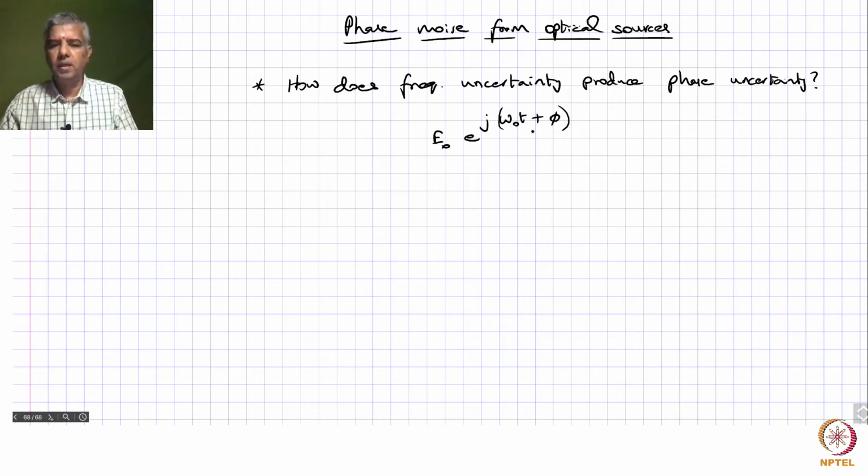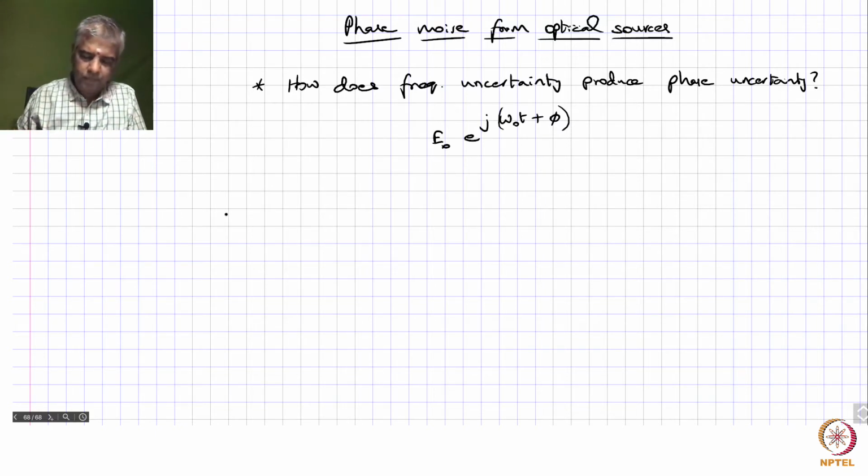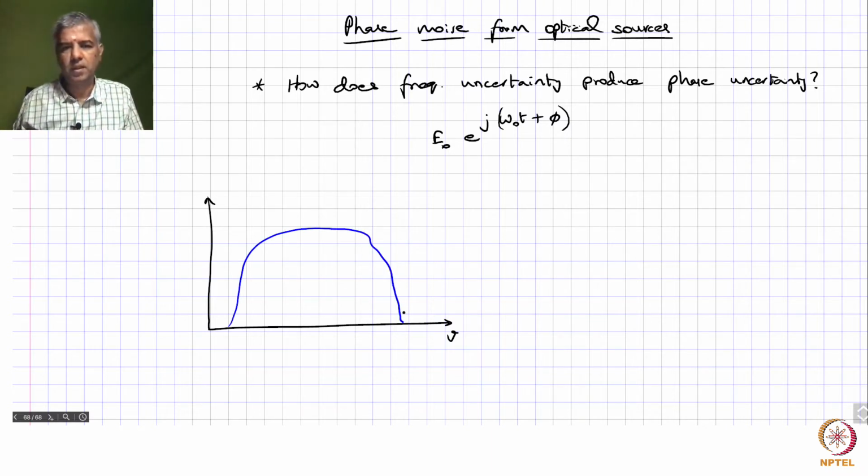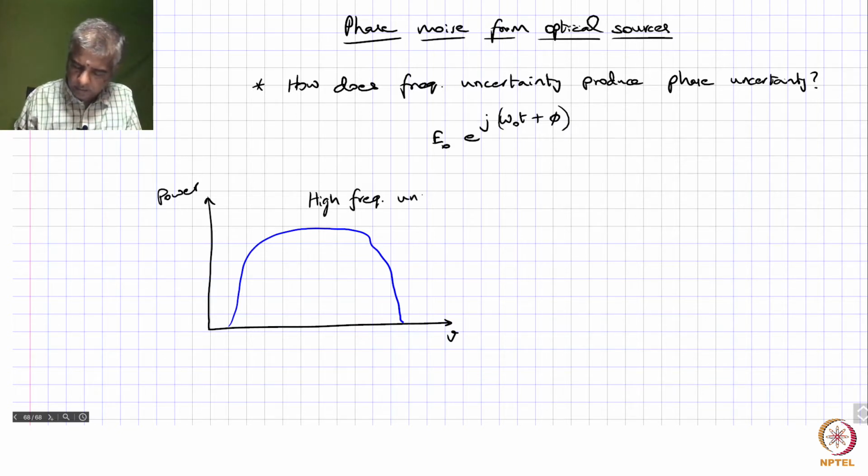Okay. So, if we want to actually understand this a little better, let's just take two examples. Let's actually examine the optical spectrum of a light source. Let's take the example of one light source where, with respect to frequency, the optical spectrum looks something like this. Okay, it's quite broadband. So, we're talking about the optical power as a function of frequency. It's spread over a wide range of frequencies, and in this case what we are talking about is a high level of frequency uncertainty,